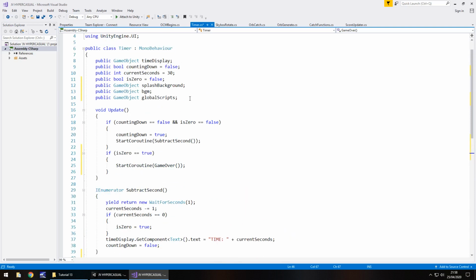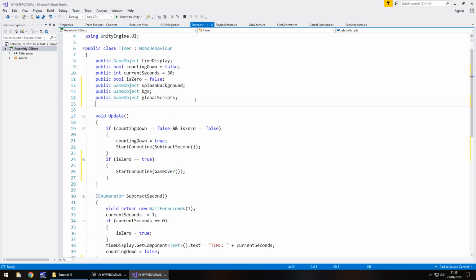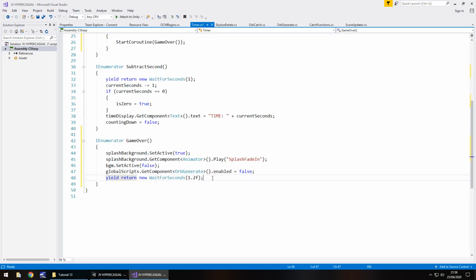So the next thing we need to have active is going to be the tap button again that resets everything. So we need to declare that as a variable. Public GameObject tapPlayButton; So down here, after the 1.2, we say tapPlayButton.SetActive(true);